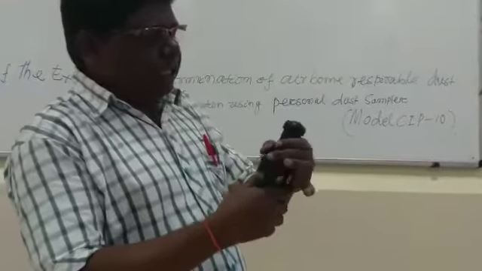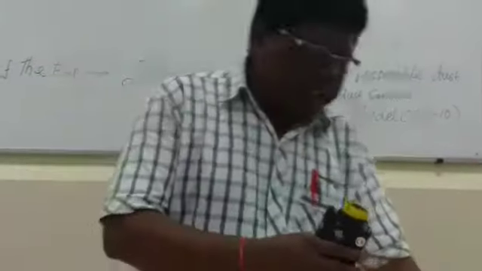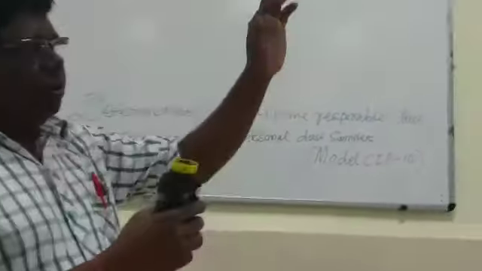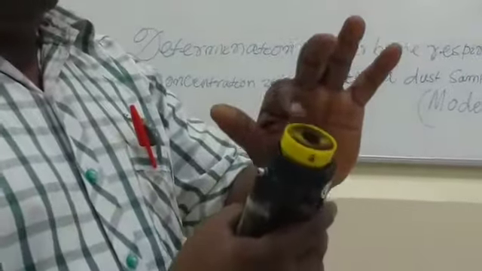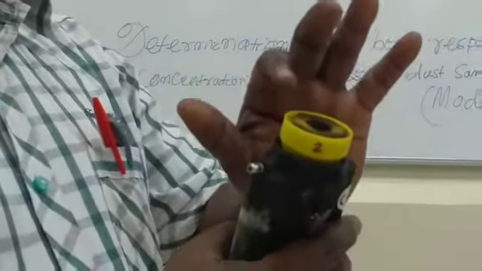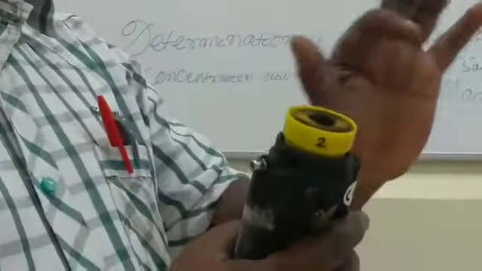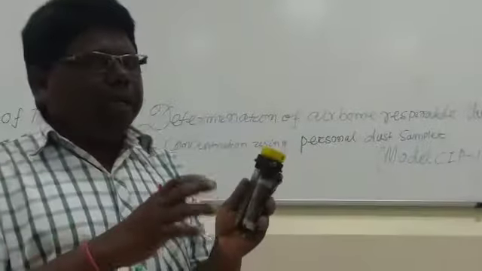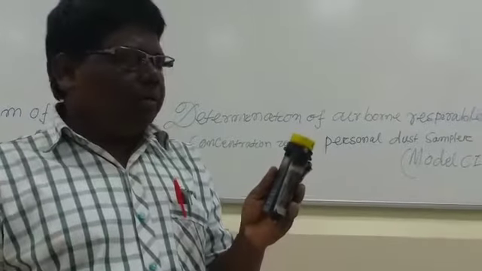The concentration C is equal to the dust deposited inside the filter. You take the final weight minus the initial weight, and this gives you the dust deposited in the filter bed in this rotating cap. The flow is 10 liter per minute, so it is sucking air and the volume has to be calculated. Then the concentration will be the dust deposited divided by the volume. It will give you the dust concentration in milligram per meter cube of air. Okay, thank you.